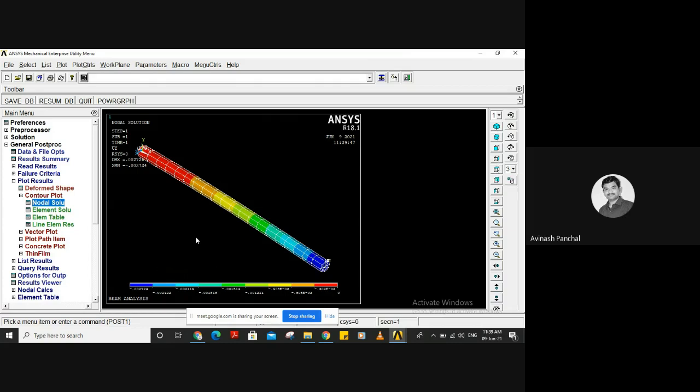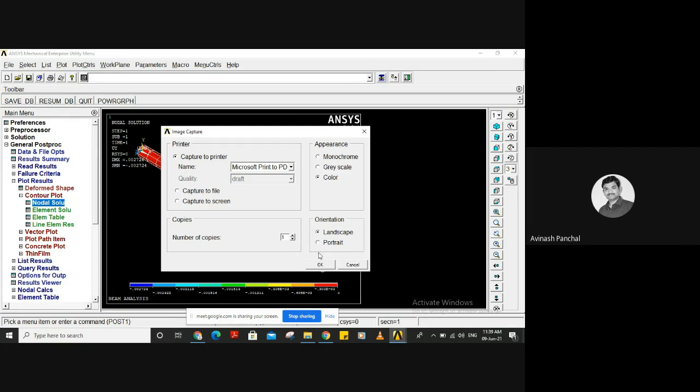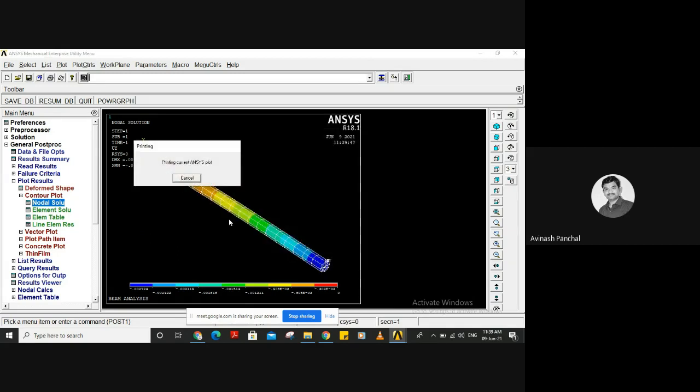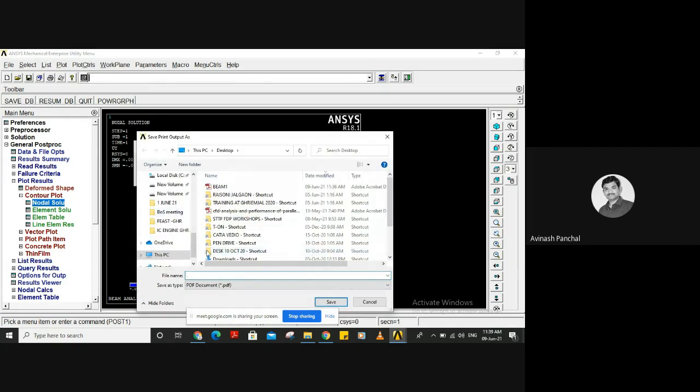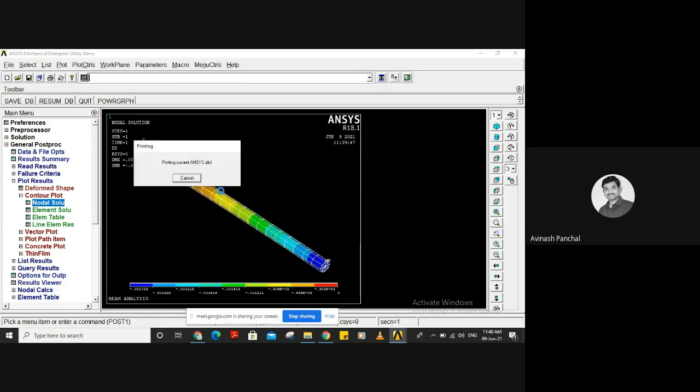This also we can capture as an image. Click on OK, and we can apply it. You can save this. So this is the analysis of a cantilever beam.